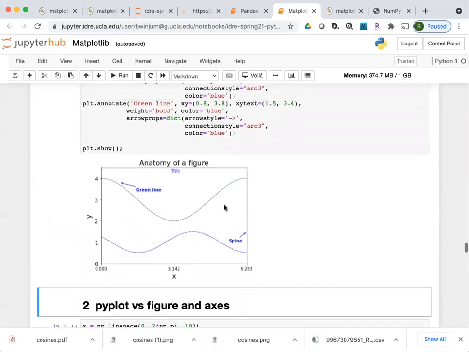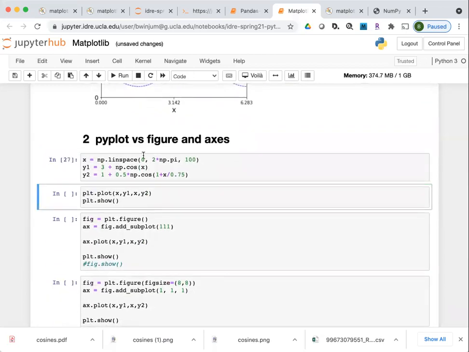So in these graphics, figure refers to everything that's in this space where the graphic is generated. And axes is a way to refer to an object which handles all of these little elements which you build up to make the final graphic.